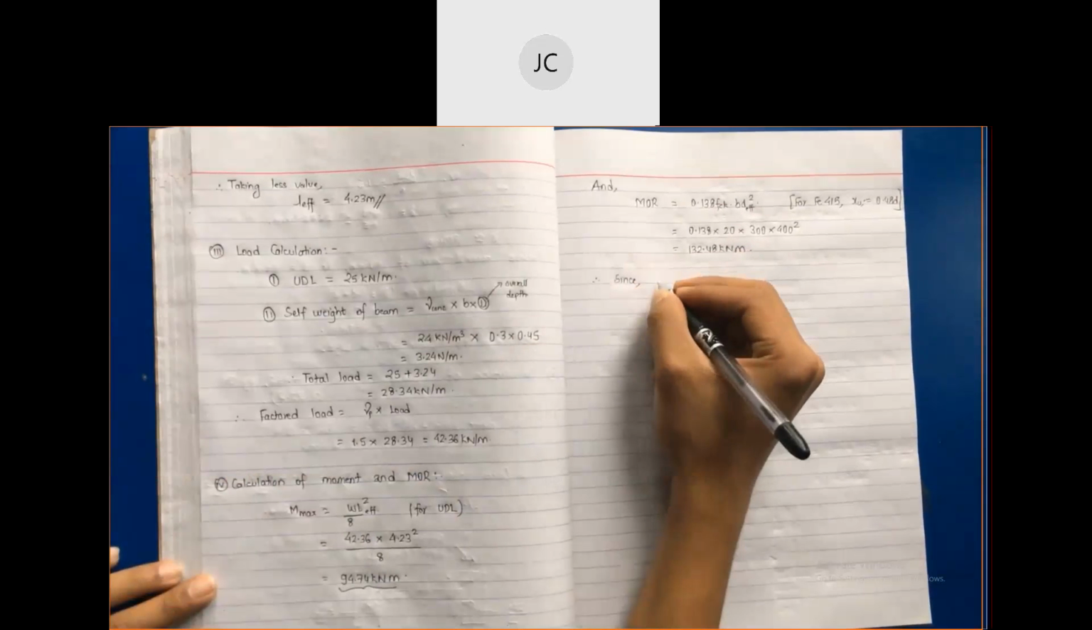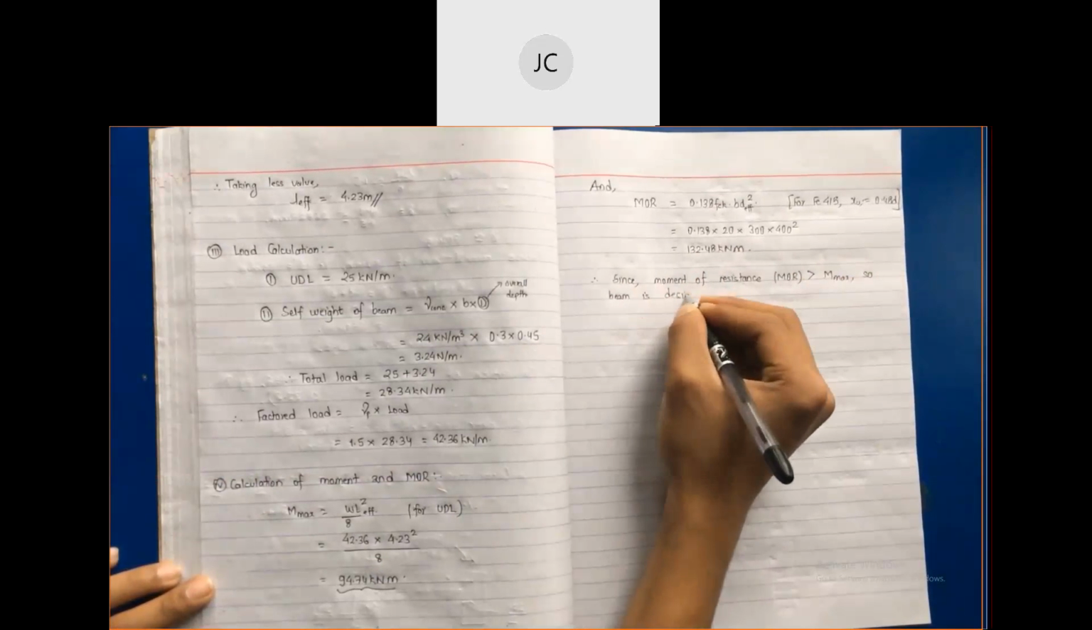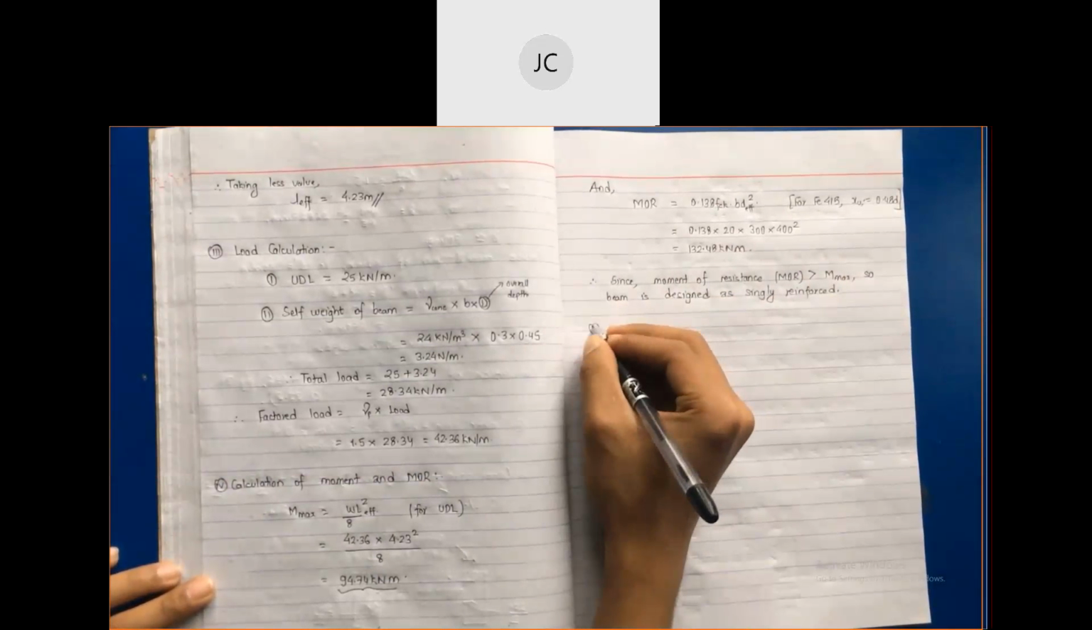So you put all the values, since the moment of resistance is greater than